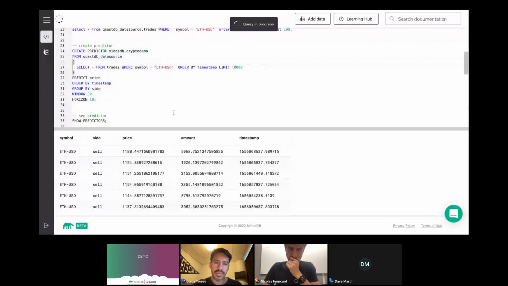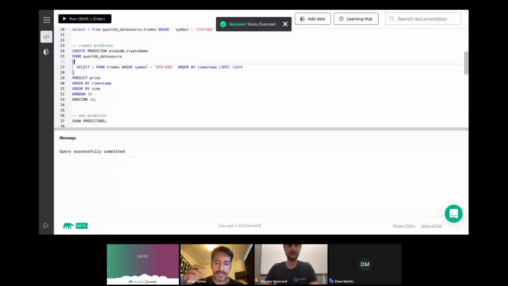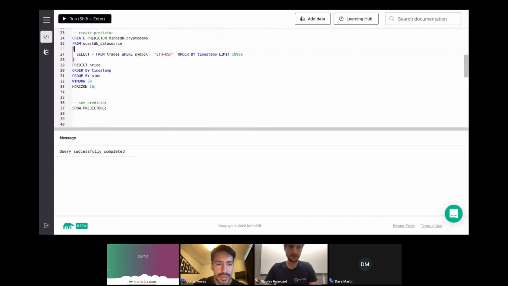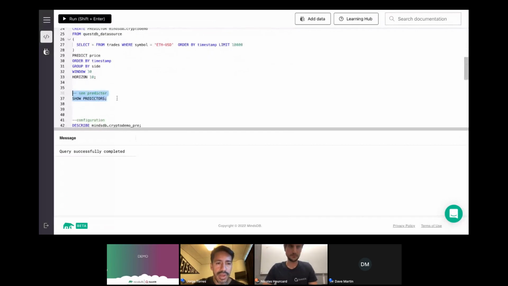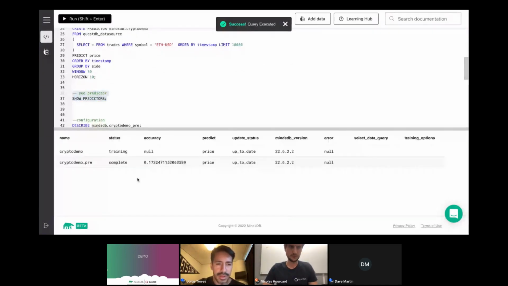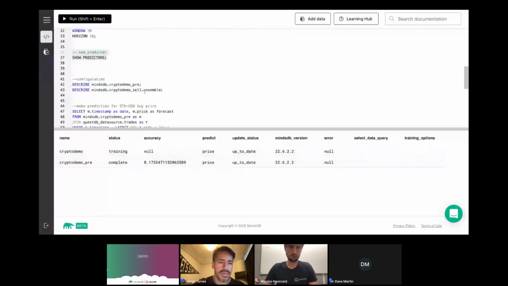Now, this will take a little bit, but MindsDB behind the scenes does all the AutoML that you need to do this. You can specify how you want this predictor to happen. Let me show you the predictors that I have. For the sake of this demo, I've already trained a predictor so that we don't have to wait until this finished training. So I did a pre-demo predictor. And let's describe this predictor.